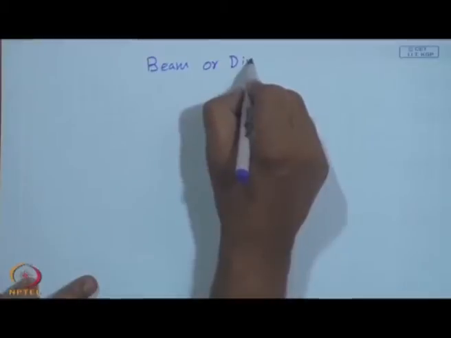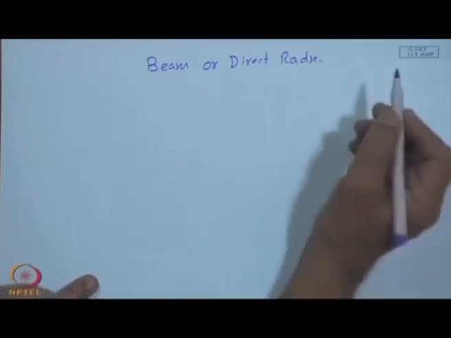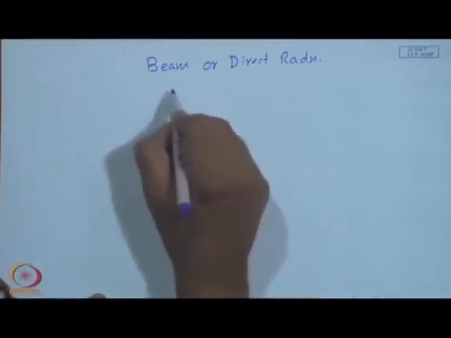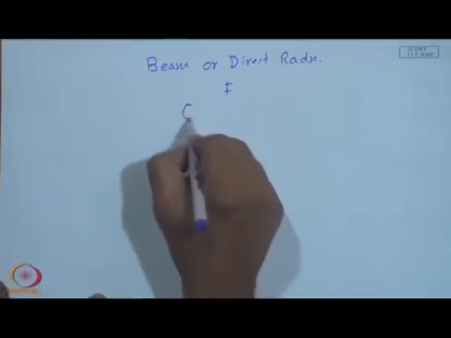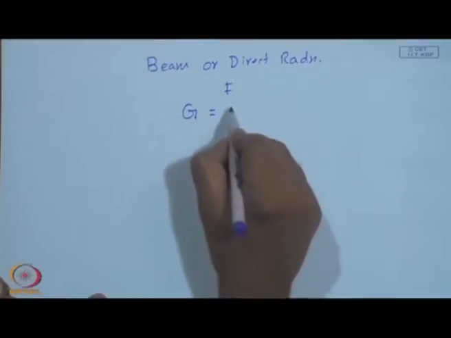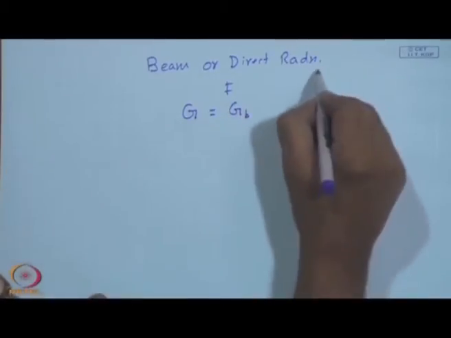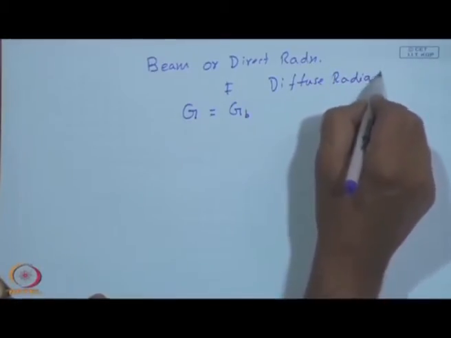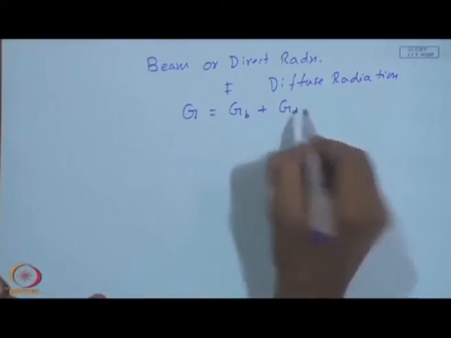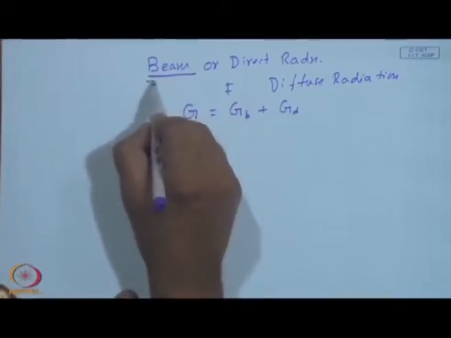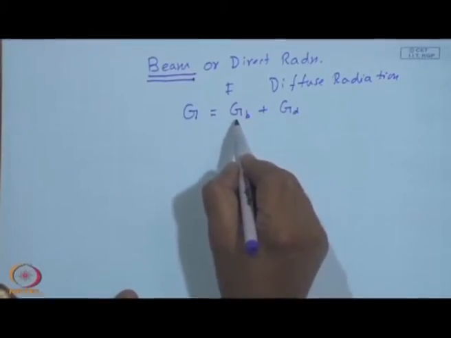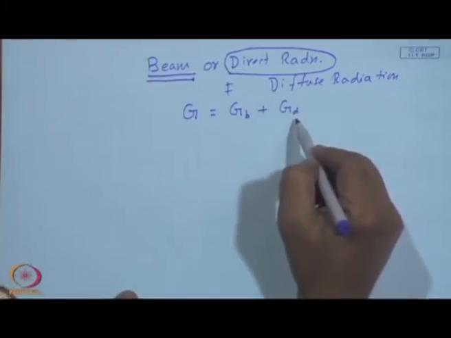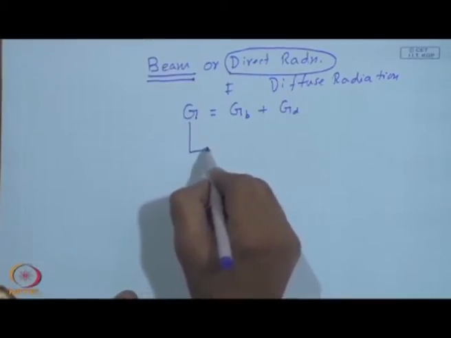or direct radiation, which essentially means this reached the surface of the earth without a change in the direction, and it is indicated by, for an hourly time scale I will write, okay, if G is the total radiation received on the earth, it will consist of G B. Then you have got a diffuse radiation, which I shall indicate by G D. Unfortunately, the earlier terminology had been beam radiation, and this subscript B is stuck with this G, and later on they started calling it direct radiation, but D I cannot use it because it is already used by diffuse radiation. So, G total is also called the global radiation.